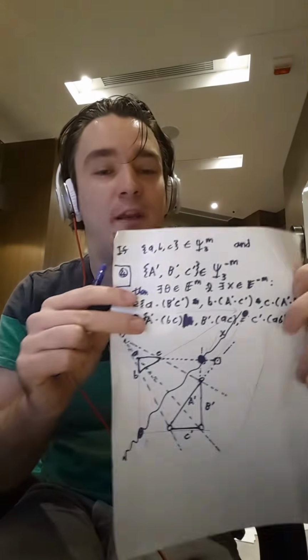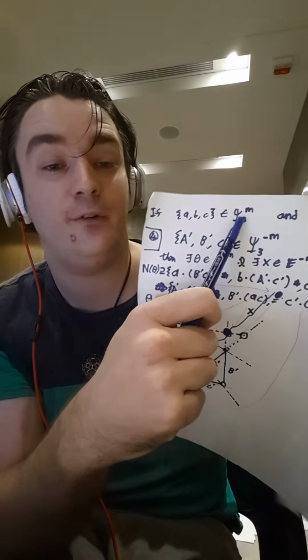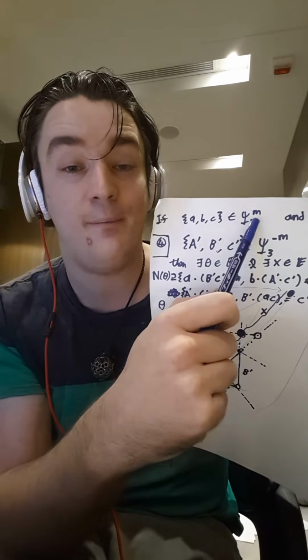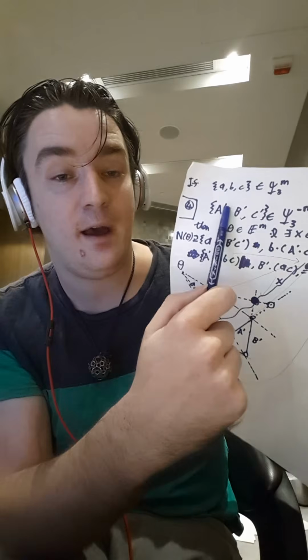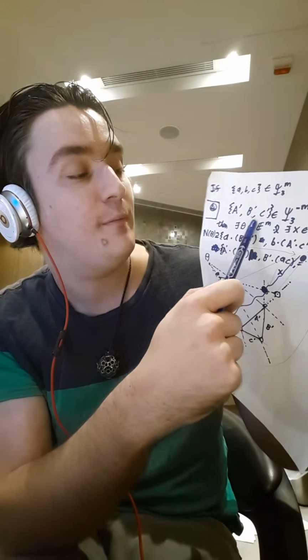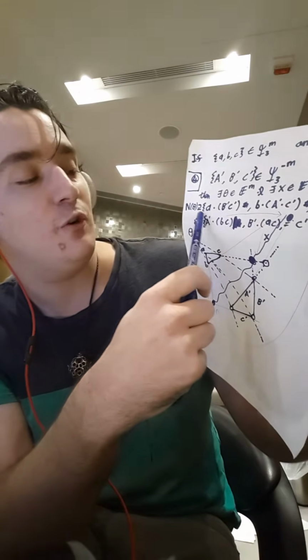Well, we can do it using our notion of nonlinear sets. So we have a nonlinear set of free elements of some type M. We won't worry about whether it's points or lines. We'll call the elements in that set A, B, and C. And we'll have another nonlinear set of free elements of the opposite type, so it belongs to E to the minus M. And we'll call the elements of that A dash, B dash, and C dash. And then basically, we just draw it out like this.